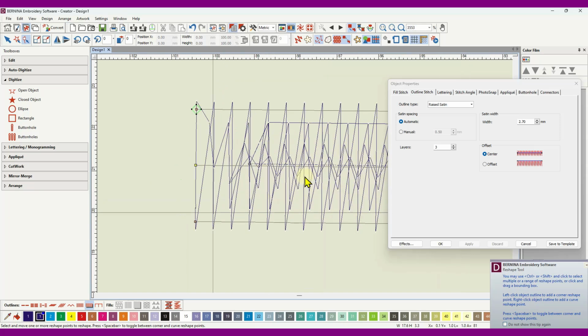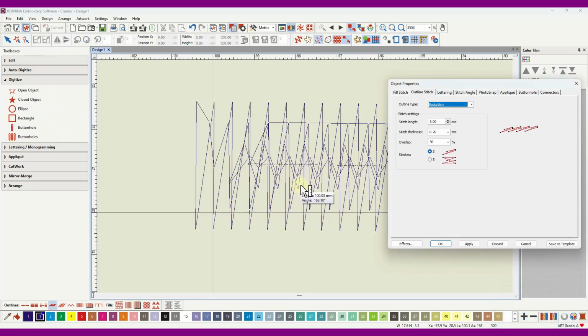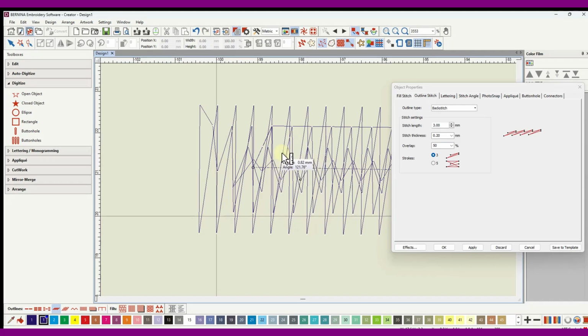So this tiny little first layer, let's view measure it. You measure this tiny layer, the width of that is only 0.47, so don't get too carried away with very narrow raised satin, because you are getting narrower layers underneath and they get increasingly more difficult to stitch. Right, I'll just escape out of the measure tool and go back to True View